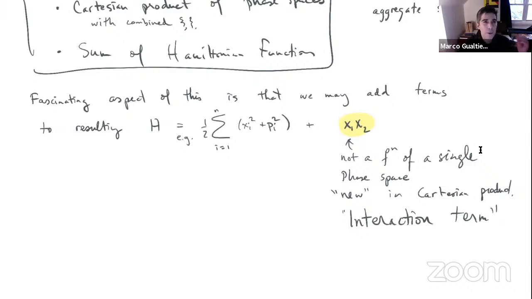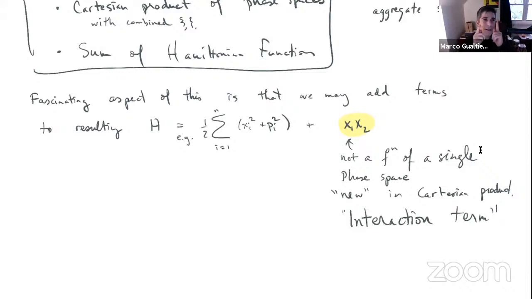The only way that you can get an interaction between the two systems is if there's a part of the energy which is dependent on the joint position and joint momentum, right? If the energy was unaffected by the joint positions, and only affected by the individual positions, then the energy wouldn't care about